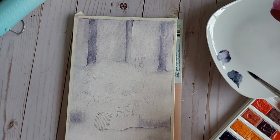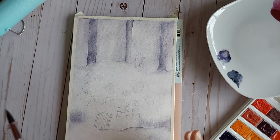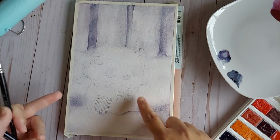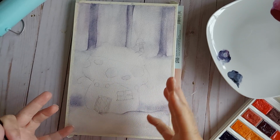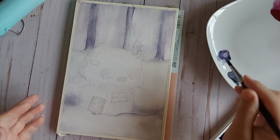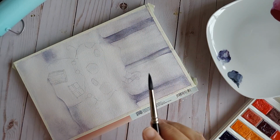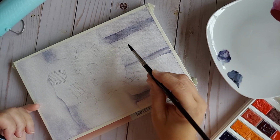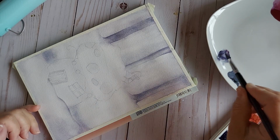All right, you guys. So to save some time, I went ahead and got a head start just to get a feel of what I wanted to see. And I'm glad that I did not bring those trees all the way down. I'm glad that I gave myself a space to have this little gnome mushroom house nestled into the snow. The first half of this video, I'm pretty sure will be in time lapse because of all the noise that was happening at the time from the men fixing the bathroom again. So yeah, let's just go ahead and